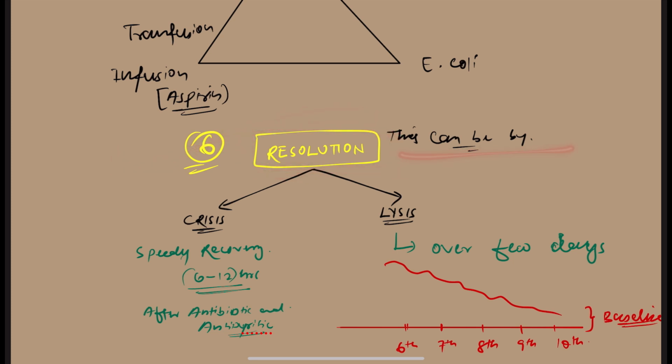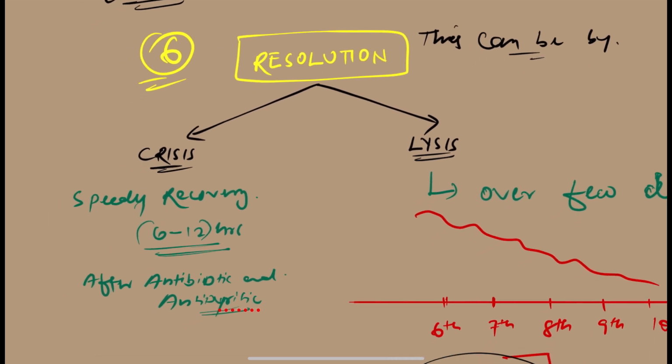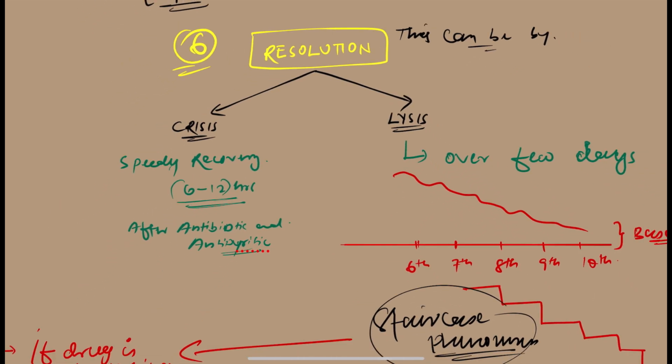This can be by two methods, there is the crisis and the lysis. तो ये crisis, what is crisis and the lysis? ये देखिए, crisis is generally the speedy recovery of the इंडिविजुअल फ्रॉम द फीवर विदिन 6 to 12 आवर्स। मतलब 6 से 12 घंटे के अंदर किसी इंडिविजुअल का बुखार अगर कम कर दिया जाए तो वो मतलब क्राइसिस के अंडर में आ जाएगा। ये कैसे किया जाता है? आफ्टर एडमिनिस्ट्रेशन ऑफ द एंटीबायोटिक और द एंटीबायोटिक जल्दी खत्म हो जाता है।